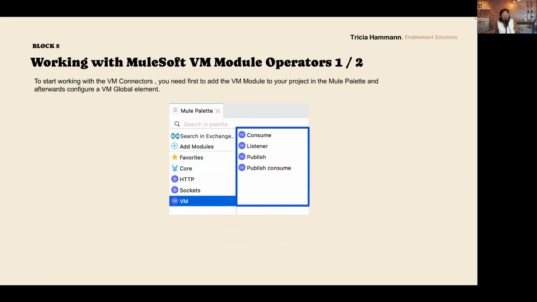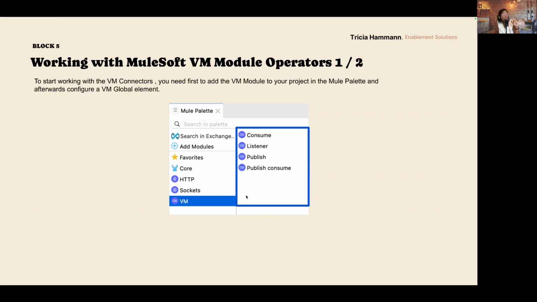Now, how can you work with the VM connector? And I have seen in the chat some questions related to, hey, how can I learn about MuleSoft in general? And Ryan, thank you so much. You sent the answer, start to learn about REST APIs. So what you are going to see here is going to be, for the person that raised this question, completely new.